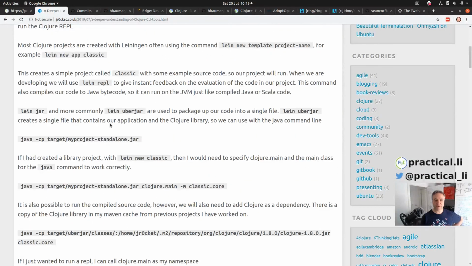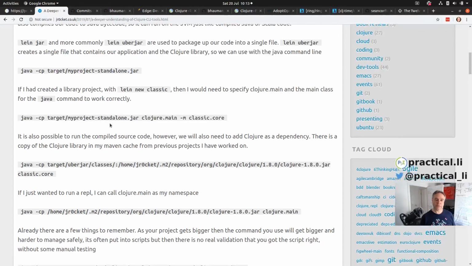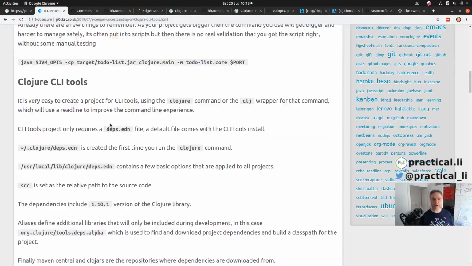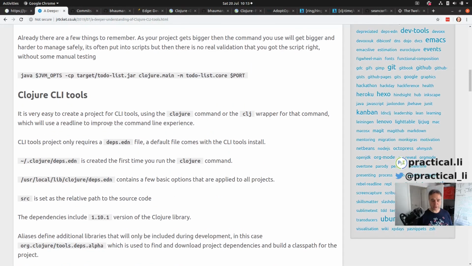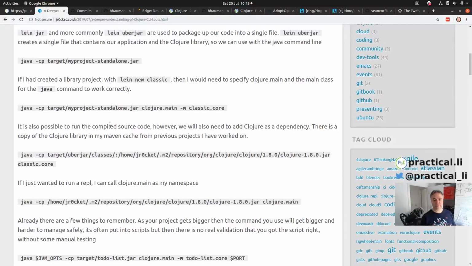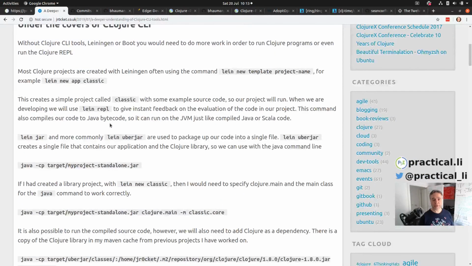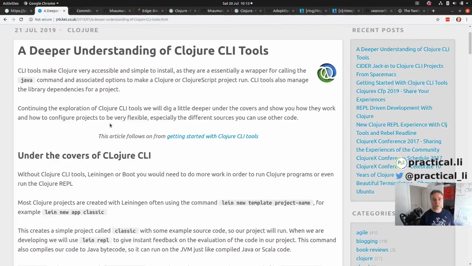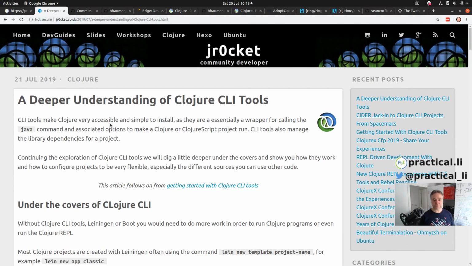But I think we've learned some of the more important points here. So we've understood how it's working underneath and why it's useful to abstract that away, and how to also use dependencies from Git libraries, which I think is one of the killer features for CLI tools, which does make it really flexible to pull all sorts of dependencies just from Git repositories,